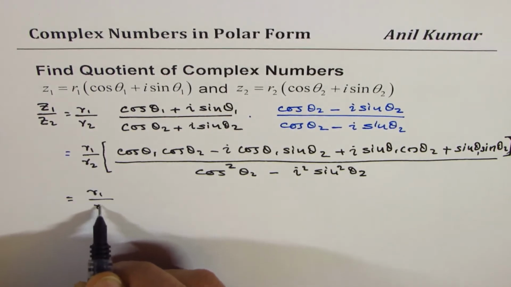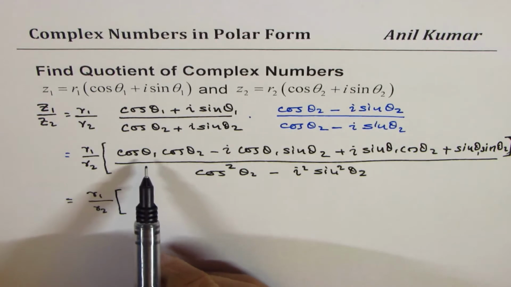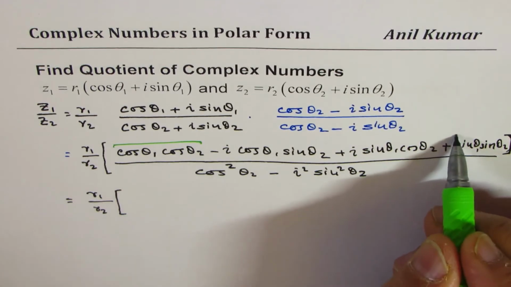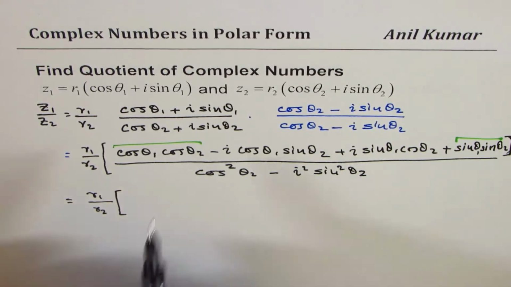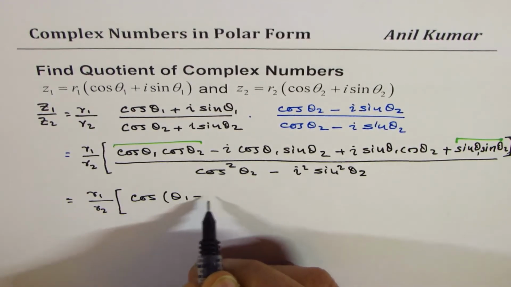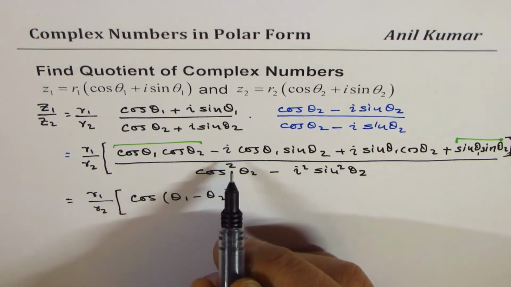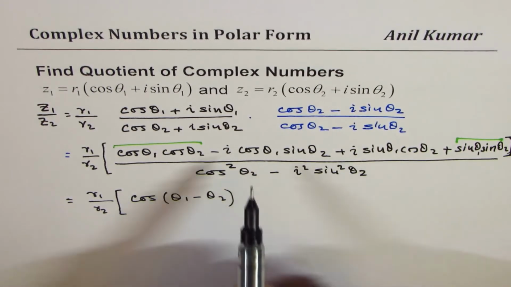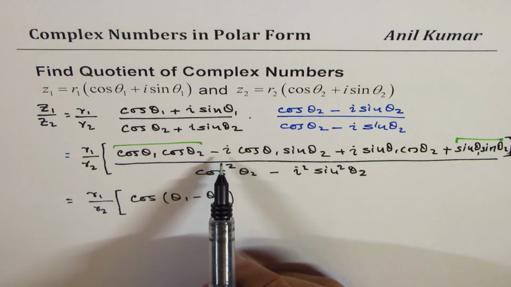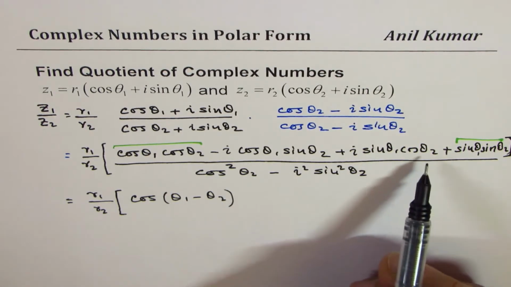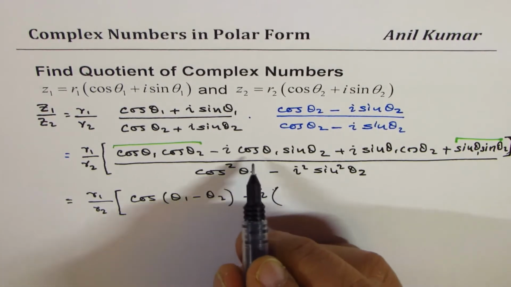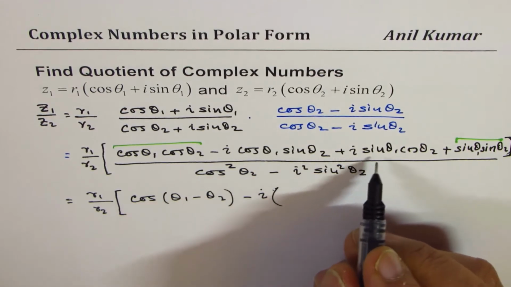So r1 over r2 is cos theta 1 cos theta 2, as we did before. We'll combine these terms, which is clearly equal to the difference of these angles, the arguments, right? So we have cos of theta 1 minus theta 2. And as far as the sine components are concerned, we can take minus common. And if I take minus common, I get sine theta 1 minus sine theta 2 inside, right? So we get minus i common. And here, let me write this term first,